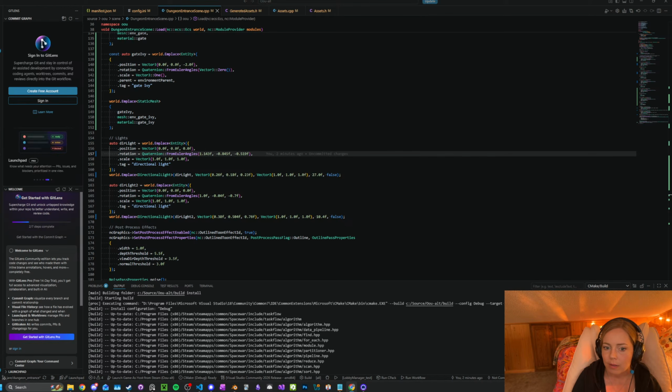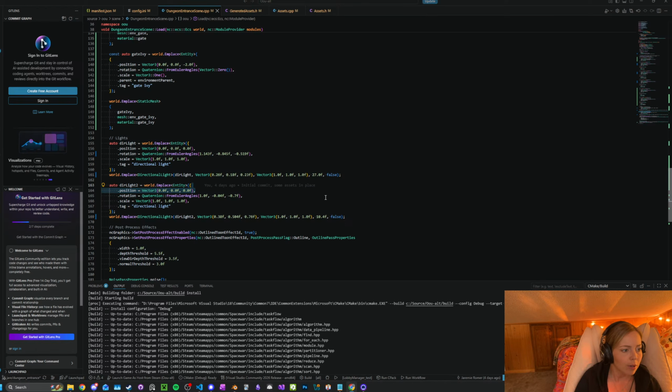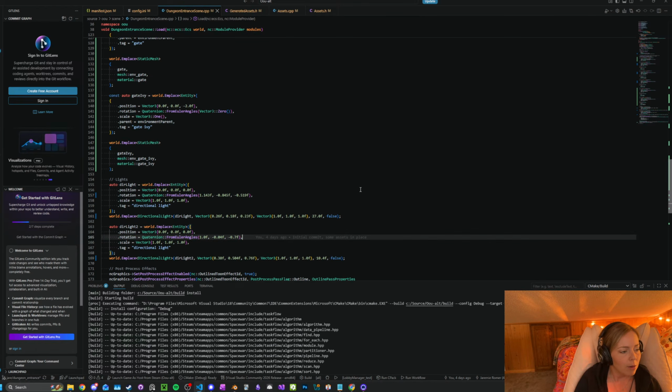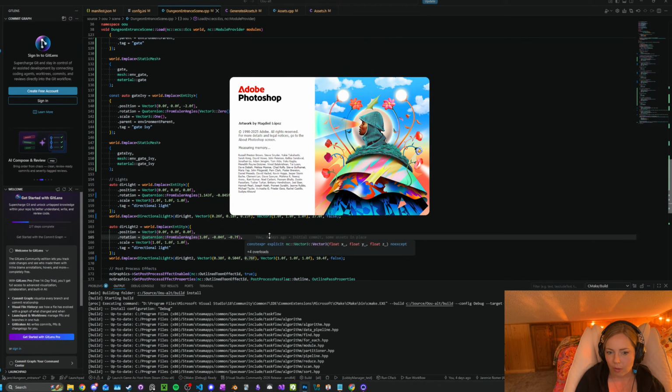And then, hold on a minute, let me mute myself. So I had to make a change on the engine last week in order to support alpha for the shrubbery, and I'll walk you guys through that, and then the rest of the stream will be going back to doing some more level design. So let me open up Substance Painter here